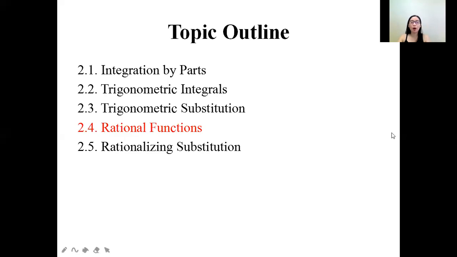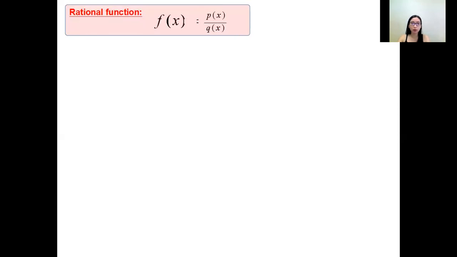Hi everyone, we're now on the fourth integration technique. Okay, so we have covered integration by parts, trigonometric integrals, trigonometric substitution, and now we're on rational functions. Before we start the topic for rational functions, we recall that a rational function contains a numerator and a